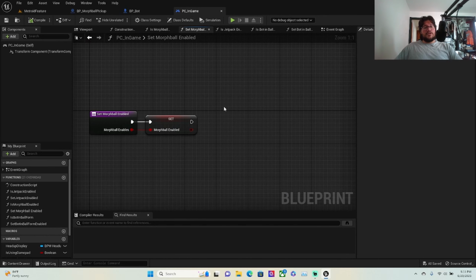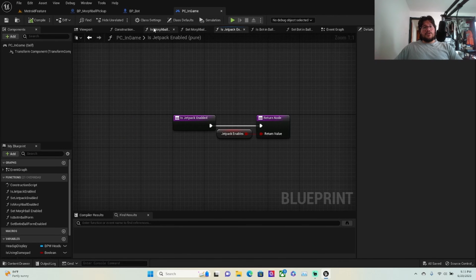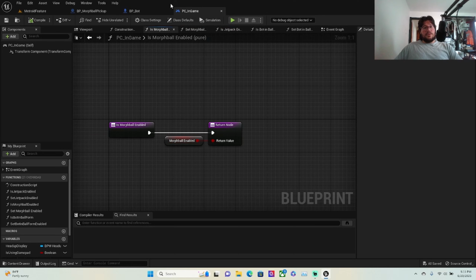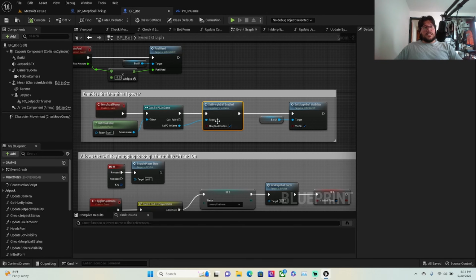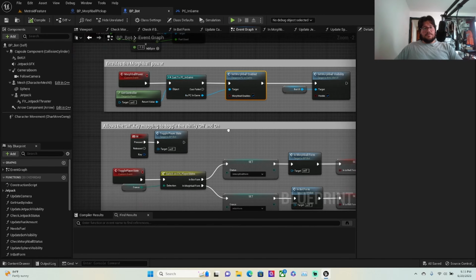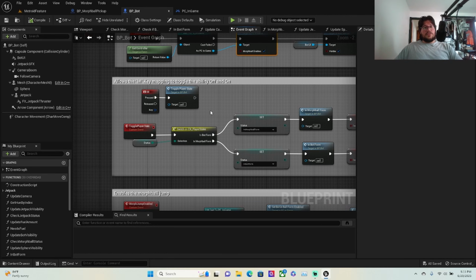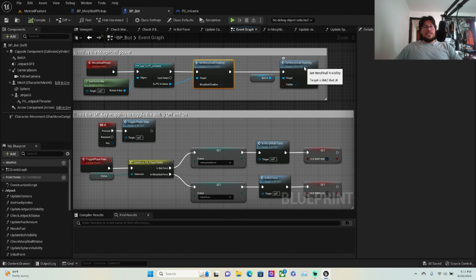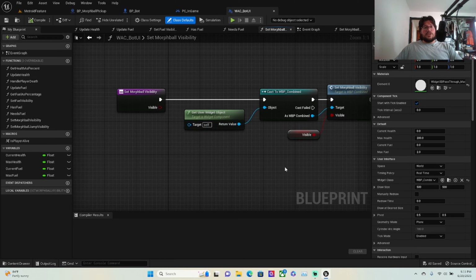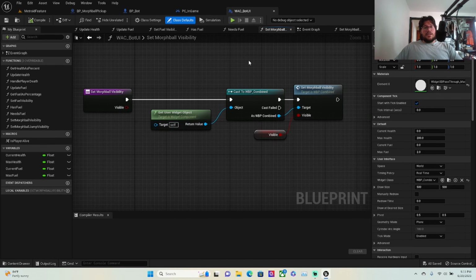And so if we go into here, this is in the PC in game. We are setting a boolean variable, Morphball enable. We're setting it here, and we're getting it here. So that makes it so we can set it enabled when this is called. And so then when that's called, this is the widget that's going to be put on the screen. So this brings up the widget that says press M to morph,